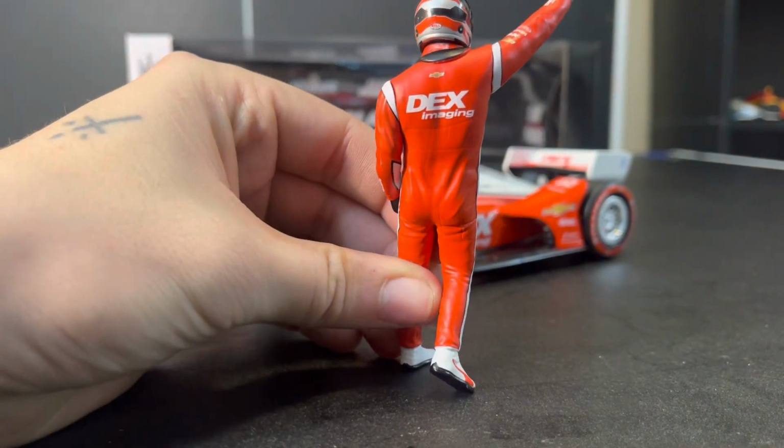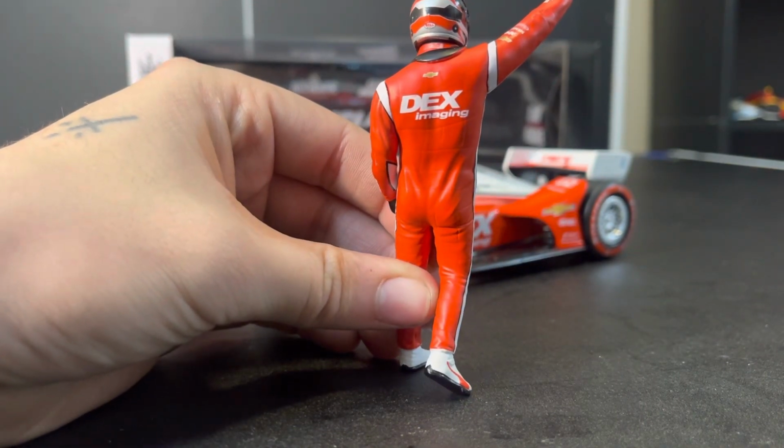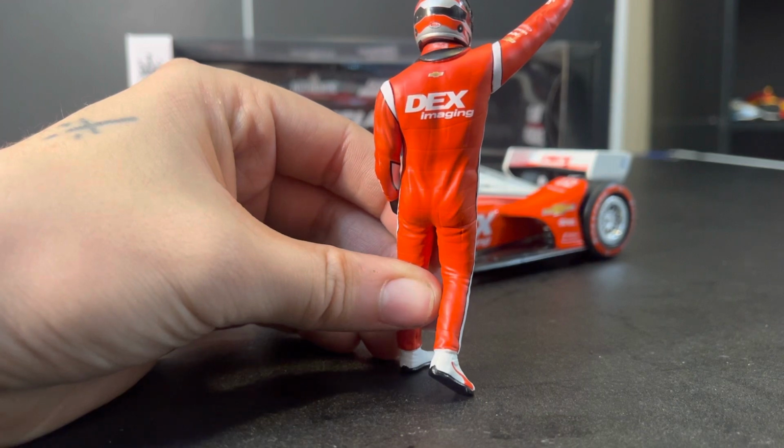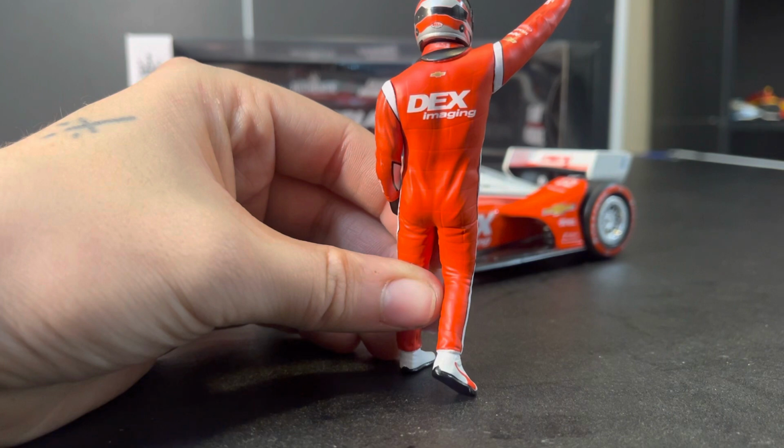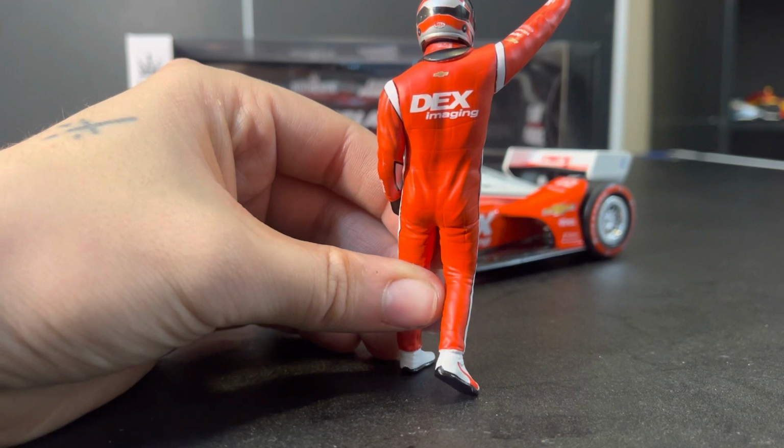We get to the back, you can see some nice sculpting. It actually looks like there's a person in an article of clothing. Now, here's what I meant when I said that it kind of has a HANS device. It doesn't have the back piece to the HANS device. So for whatever reason, it looks more like those neck braces at a rental karting track than it does an